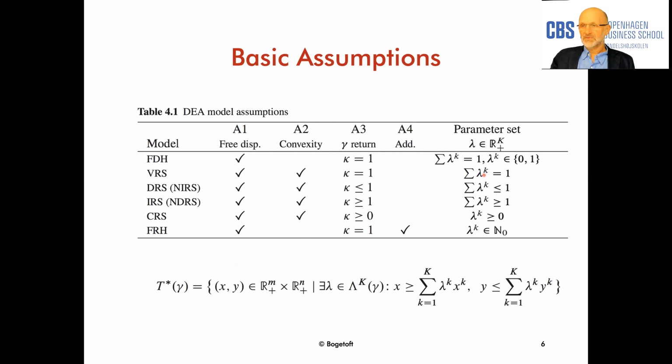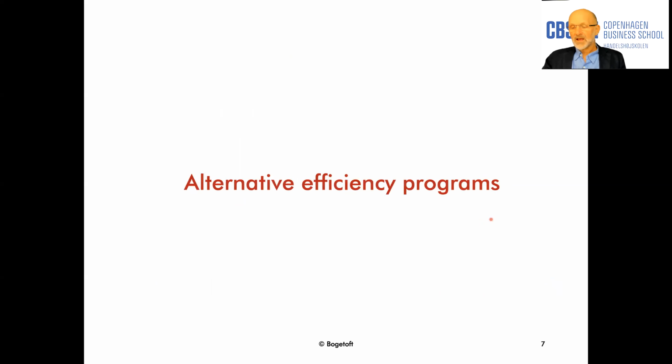And if we had constant return to scale, there's basically no assumptions about these lambdas, except that they have to be positive. And similarly with the other ones, we talked about that in the initial presentation of DEA. So these are the basic assumptions, and this is the technology we're going to measure in relation to in this